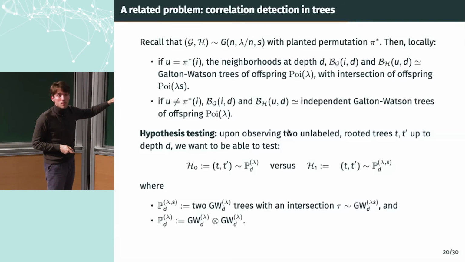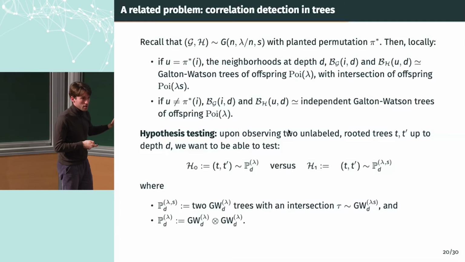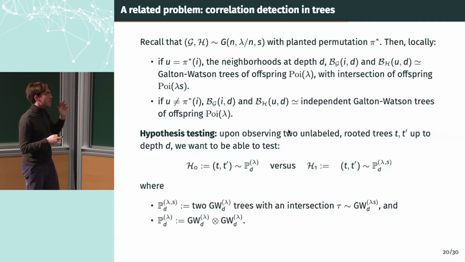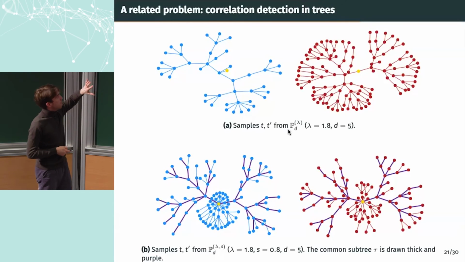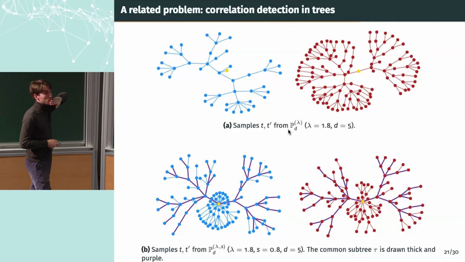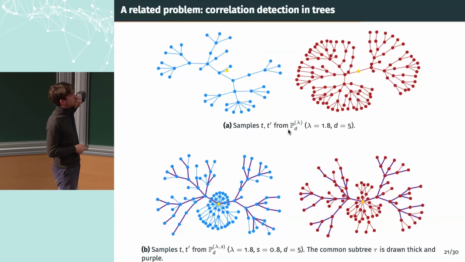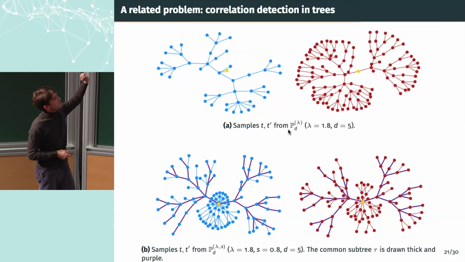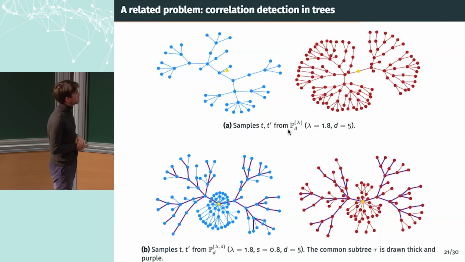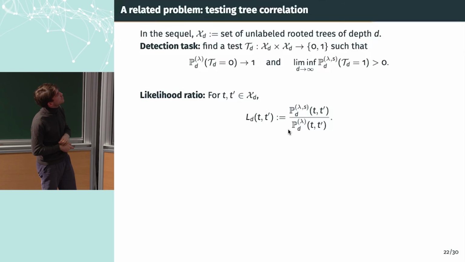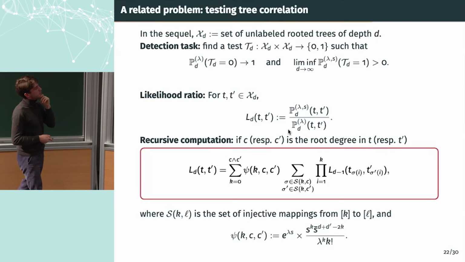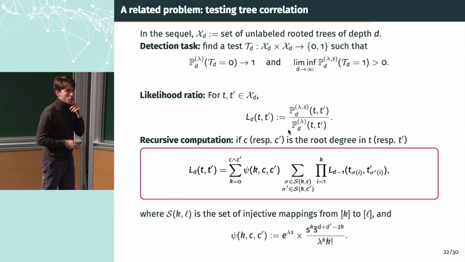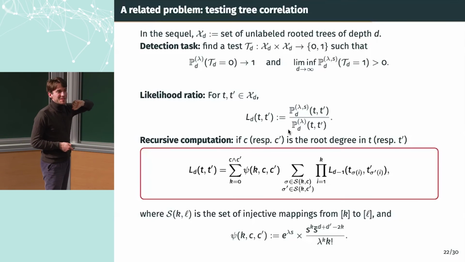So you see, this is a statistical hypothesis testing problem, very standard in this formulation. Pretty hard to analyze, though. And now I'm switching to another problem, which is related to the first one, but it can be studied per se. It's a hypothesis testing problem. Is there an underlying intersection in my two trees or not? So I won't elaborate right now on this procedure, how to design the score. We can talk about this later if you want.